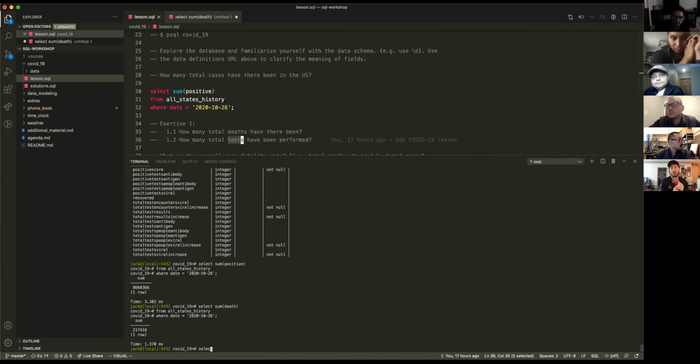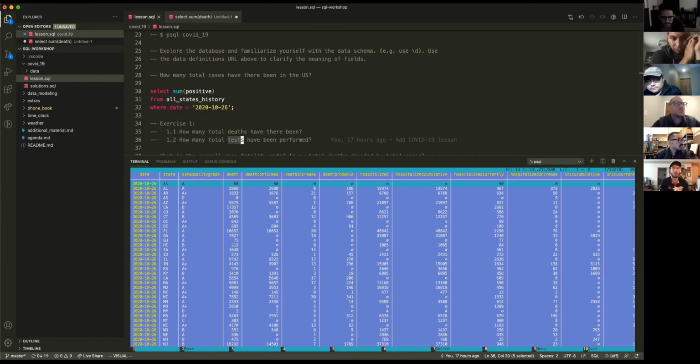Okay, great question. So let's actually just look at a little bit of the entire table. And this is where this fancy pager I'm using is kind of handy. If you remember at the end, I can show you all where to install this. You can just use brew, or it's in most package managers now. But to answer your question, the death column is a cumulative total. So this data is already a little pre-processed. So the reason we're saying the date is we just want to get the most recent